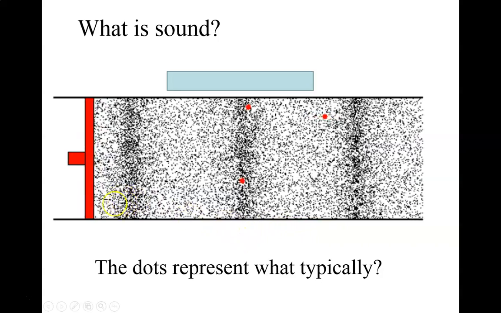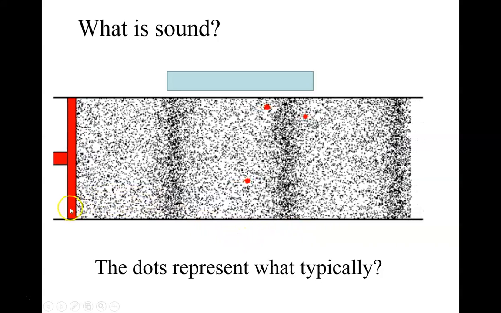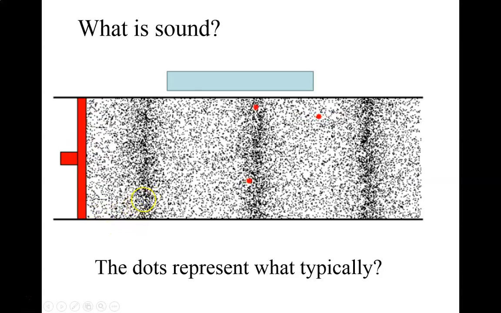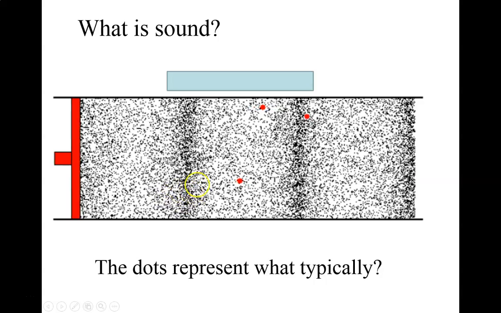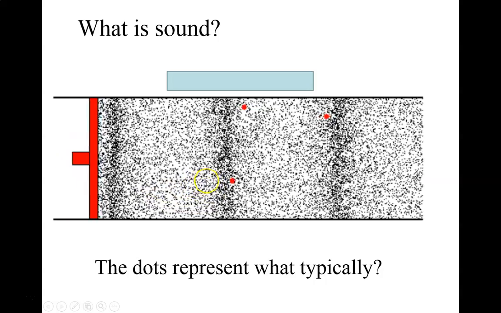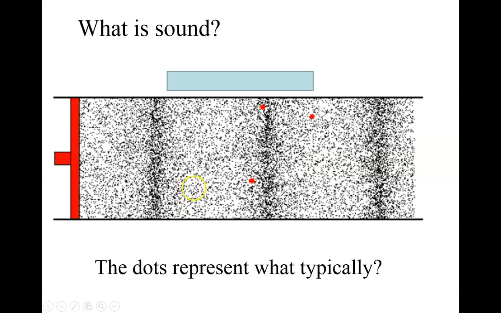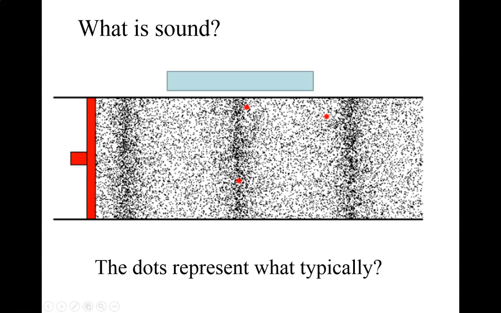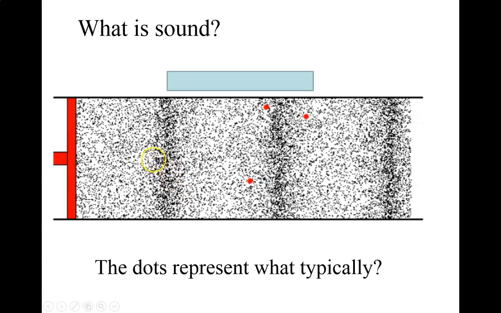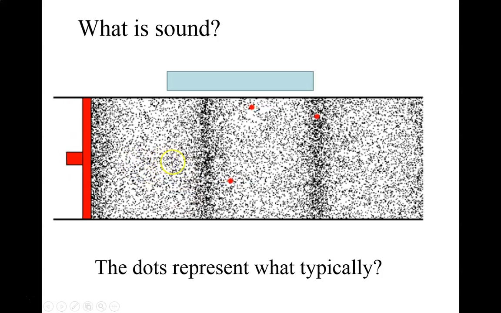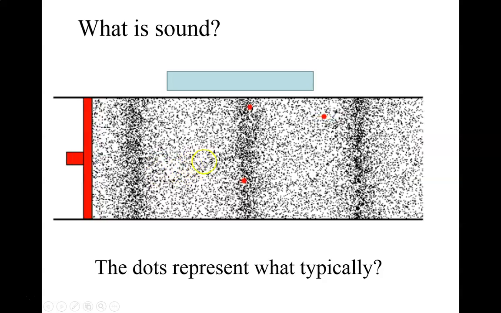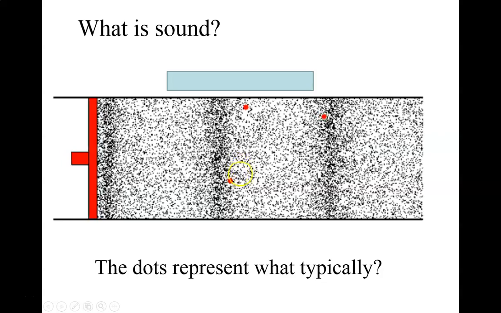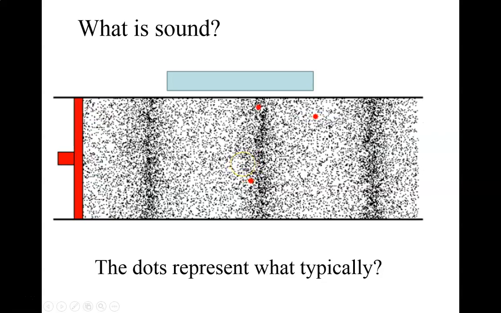So this represents a speaker that is moving back and forth. What kind of wave is this? That is not a transverse wave. It is a longitudinal wave, or a compression wave, or pressure wave. Any of those mean the same thing. So, what do these dots represent in my little wave simulation? They represent particles of air, or air molecules,